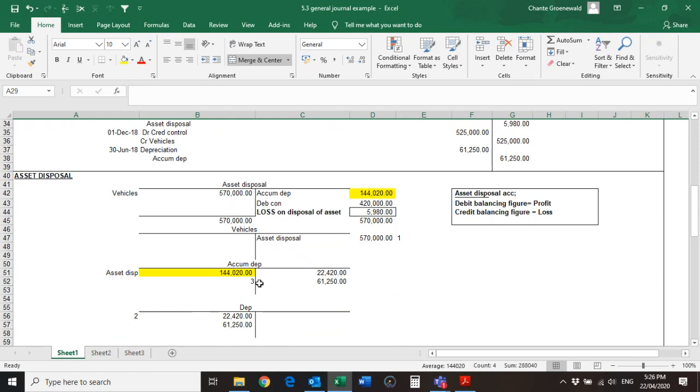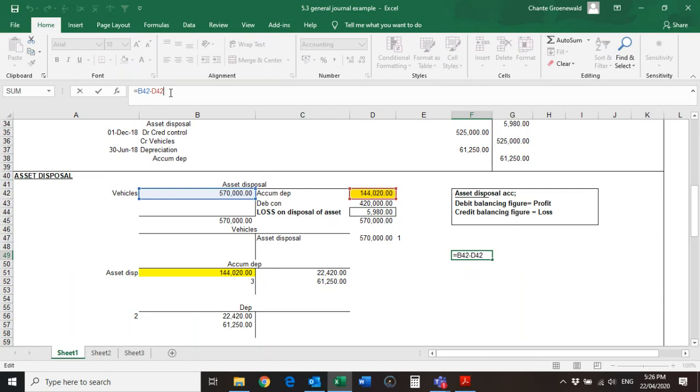Now, what I want you to see is that if you did step 1 to step 3, you will see that this is the carrying value. So what did I do here? It is the cost price minus the accumulated depreciation amount. So it is the actual value, the carrying value, of the asset. That's to determine the value of the asset.